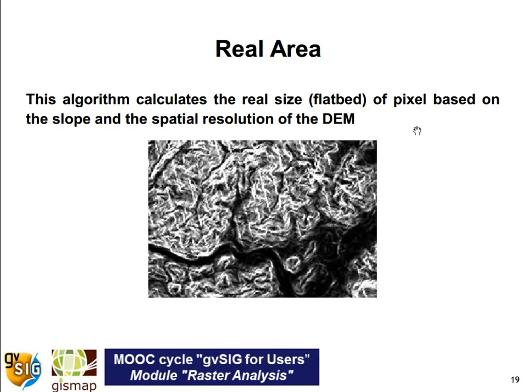The real area is very important according to my opinion, because when you have a digital elevation model, a pixel size is not the size of the area, because if it's very steep, 30 by 30 will not be 900, but will be much more in real area due to the steepness. So in this case, you can calculate the real area of a pixel given the slope,